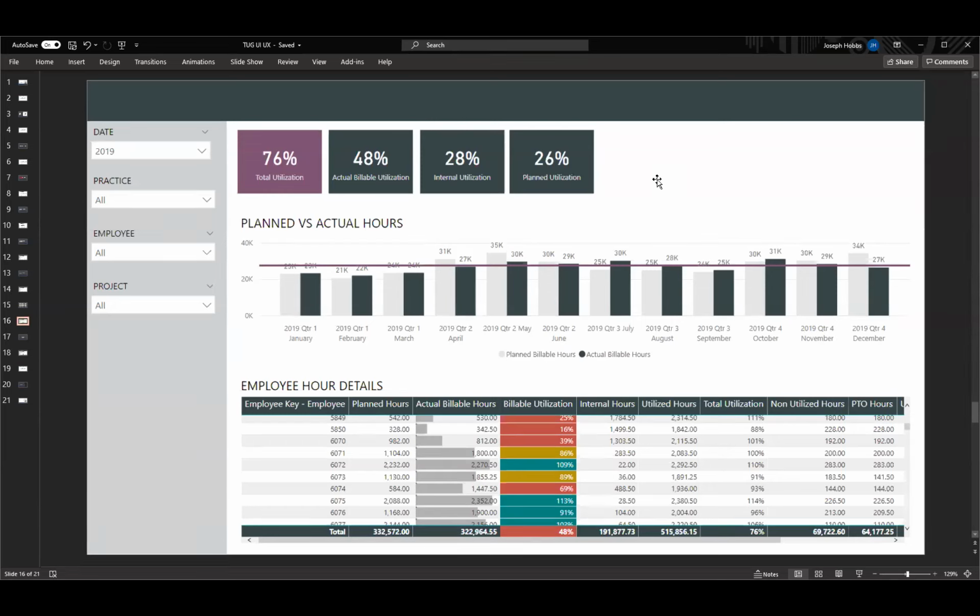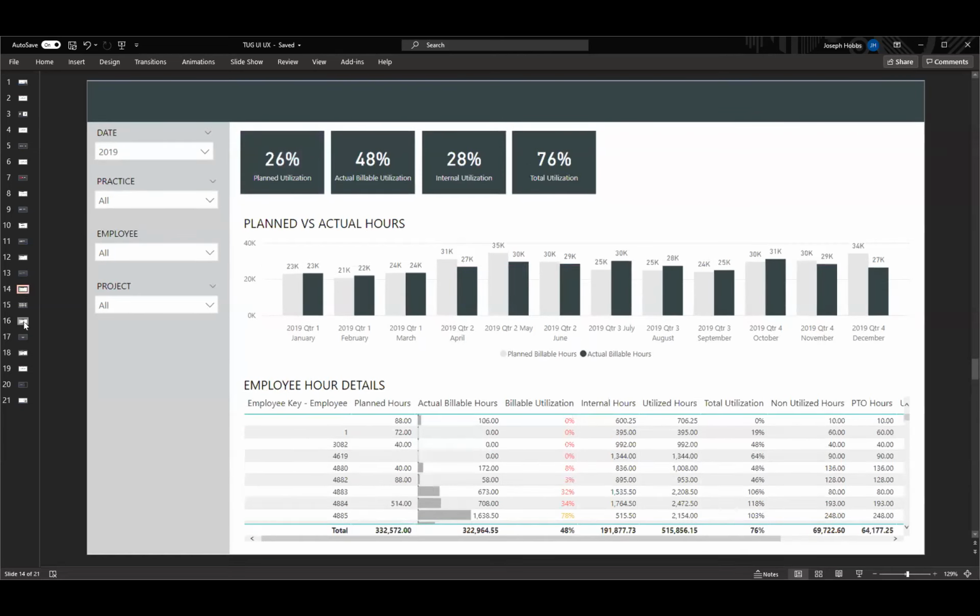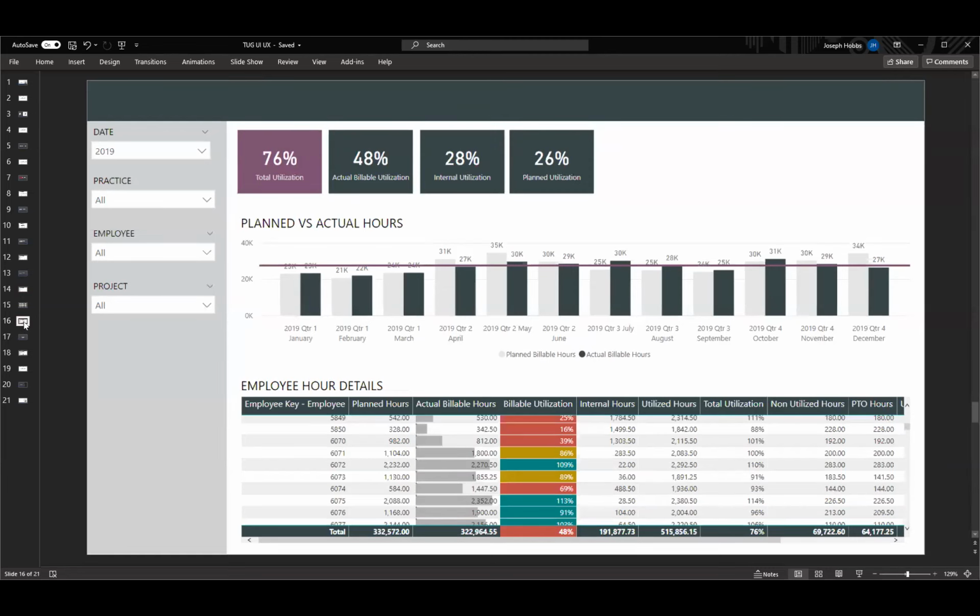And then down below, since billable utilization, money ends up winning the day most of the time in most of the companies I've been a part of, this becomes a really important number. And this allows them to clearly see who is doing well and who is doing poorly in the amount of their time that is being used in a way that can make the company money. So here it is before, and there it is afterwards.